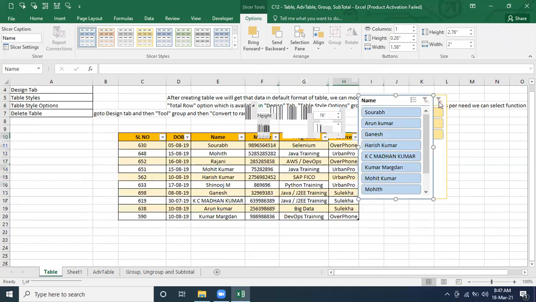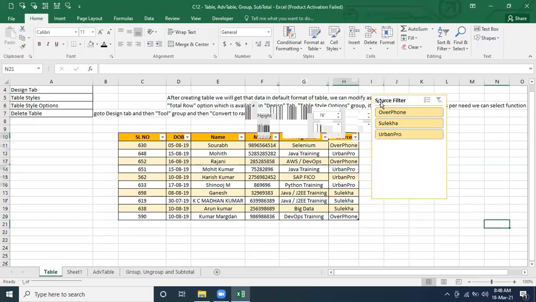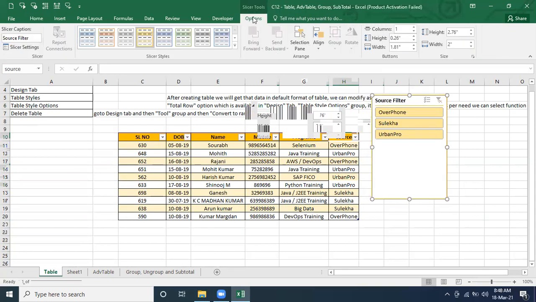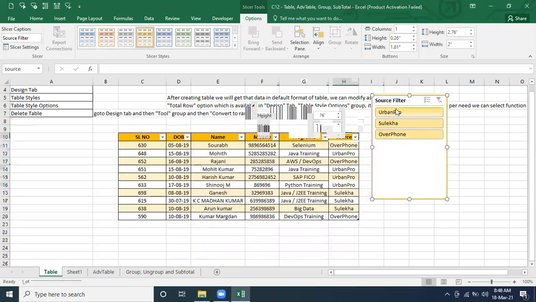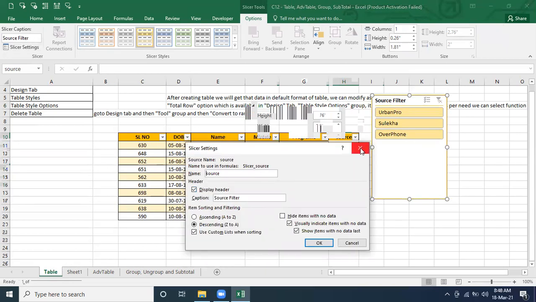So I'm going to remove the filter, whatever all are there, and I'm going to delete this option. So this is related to what? Filter. So this is the slicer. You can give the name. Slicer settings are there, not required to enter. The display header, the source name. If you want to change the source name from here, you can change it. And the slicer name, what you want to do, you can pick. And how you want to see this slicer, ascending order, descending order, all of that is there. You can go through it. Fine, right? I want Z to A, it should be. So now U will come first and then like this. So these many settings are there which you can do for the visualizer, which are not required to do.